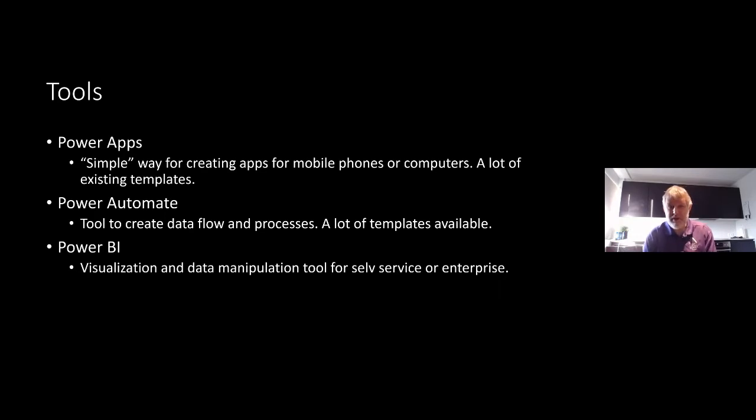We are then going to use Power Automate because we want to put off a process. So when something happens in the app, we want to initiate a process, and Power Automate is a tool to create those data flows and processes, and it's great for it. There's also a lot of templates within Power Automate. And in my opinion, Power Automate is probably the tool within the Power Platform that can help you create value fastest of all the tools. It's very easy to create value very fast. There's a lot of processes in every organization that can be automated or semi-automated in many ways.